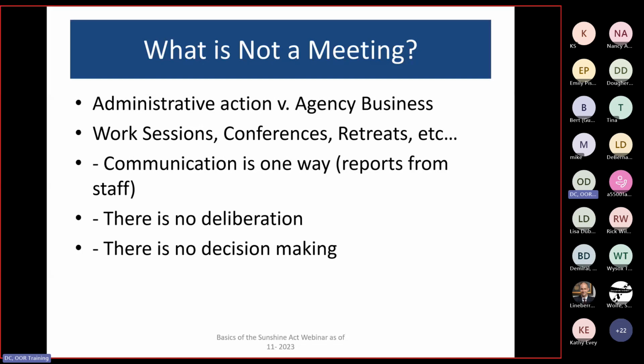So the superintendent will stand up and give an update on a particular project. Now, an individual board member may have a question for the superintendent, okay, and they can have that discussion back and forth. What cannot occur is discussion on the merits among the board members themselves, because that is deliberation per that definition that we talked about. Okay, so the board cannot deliberate